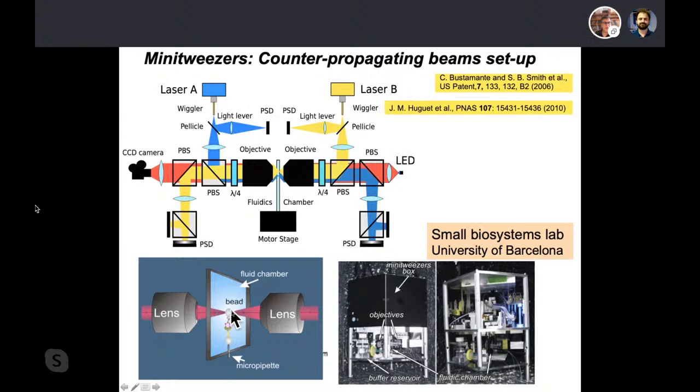So here you see we produce this counter-propagating optical trap with two beams, in which we capture one small bead, and this is our force sensor. We have another bead on the tip of a pipette, and in the middle we have a molecule that we can pull by moving the beams relative to the pipette. Therefore we can stretch any molecular construct you may put here. Here I show you an example of an antigen-antibody interaction, which is very important, for example, in immunological recognition.